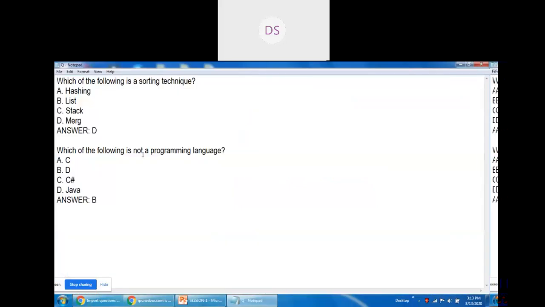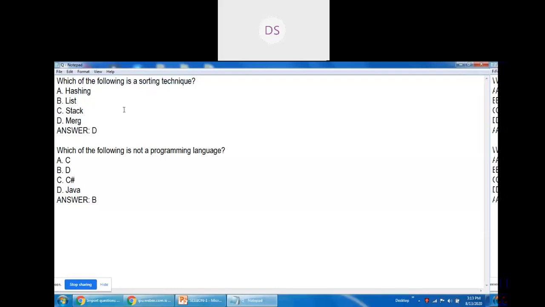So now please see, I have created a text file here. In this text file, you will see: which of the following is a sorting technique? You may type any question as per your choice. This is a question related to data structures in computer science. I have written the answers as A hashing, list, stack, and merge.